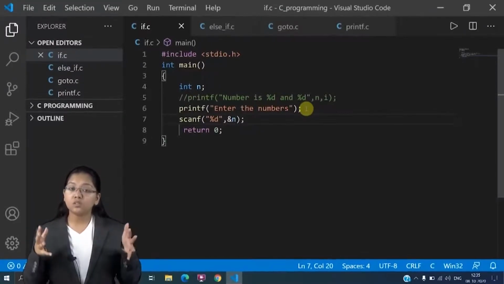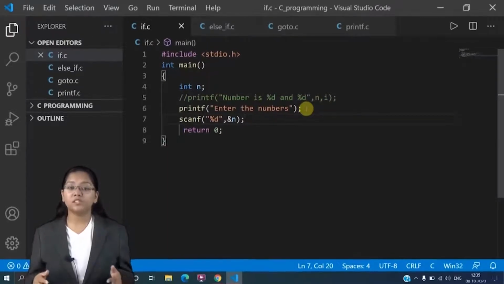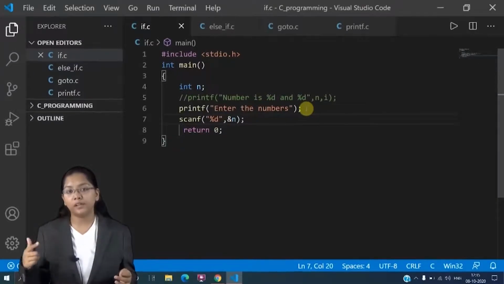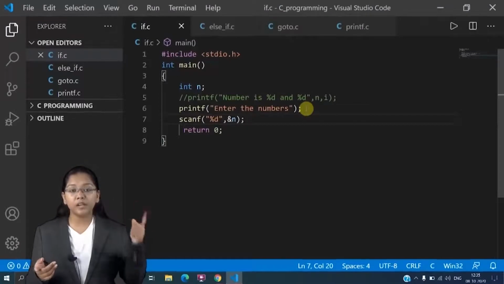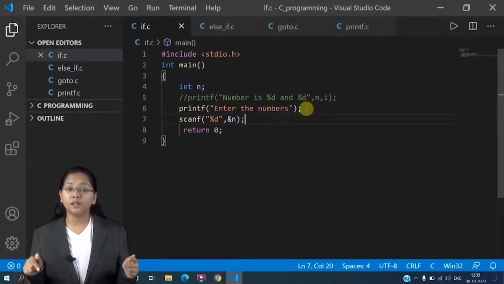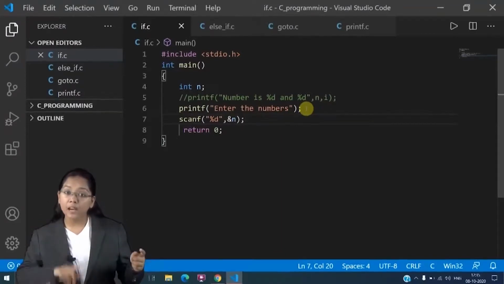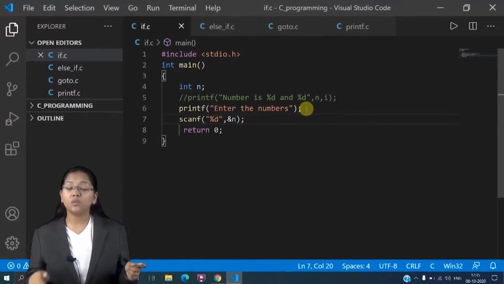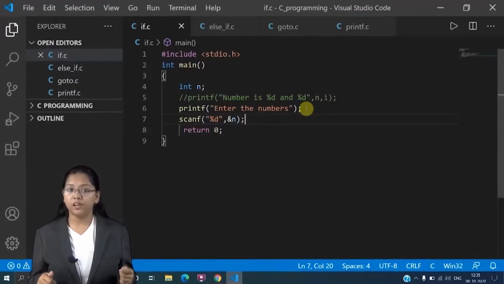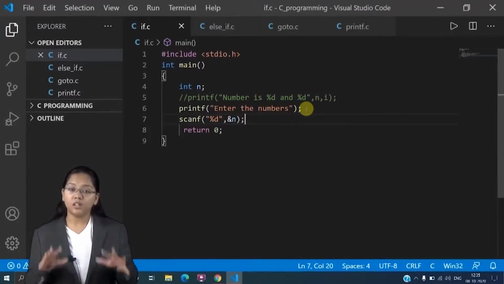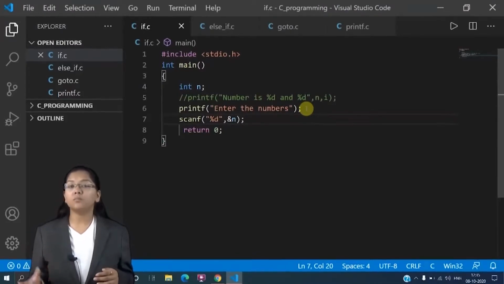Right? So this was all about your printf statement and scanf statement. Now in the exercise section, we are going to learn about nested printf. What happens if printf is inside another printf? Or what happens when printf is inside a scanf or scanf is inside a printf? This we will see in the exercise section. Okay, so for now, this was it for your session. Later on in the next session, we are going to learn some more parameters, some more fundamentals of C programming.